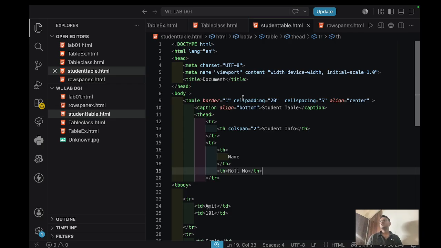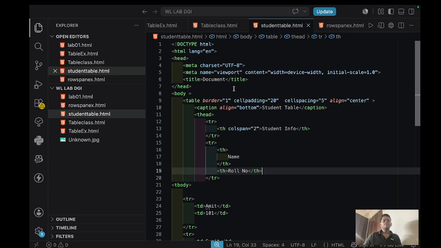If you don't know head, you can just know that head is a concept in HTML which is not displayed on the website, right? Head only contains the data of the website, which contains the title of the web page, or the meta charset